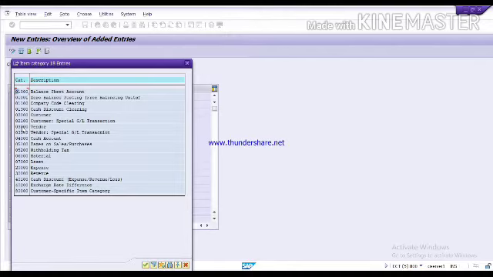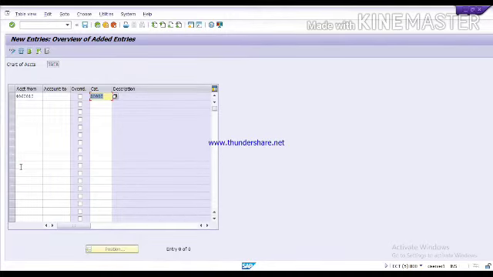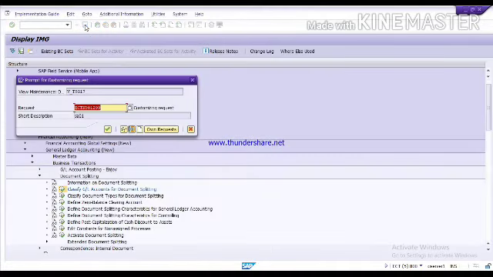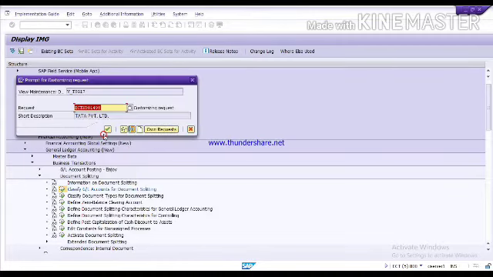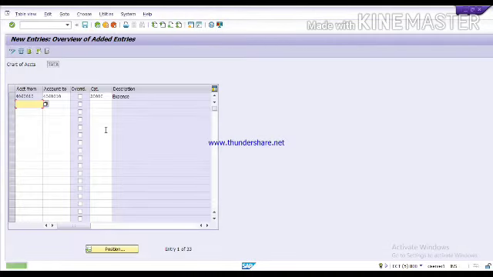If your GL is related to taxes, you can select this item category. So as per your GL nature, you have to select the item category. As I have selected the expense GL, I will select this expense item category. Like this you can select for each GL which you want to split. Then click on save. Here we will select our transport request. Now continue. You will get the message data was saved.